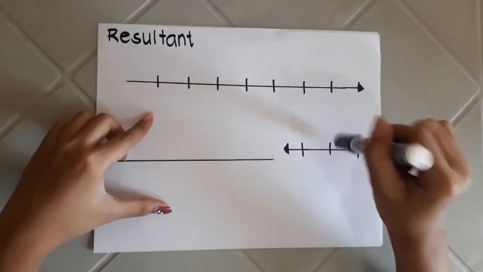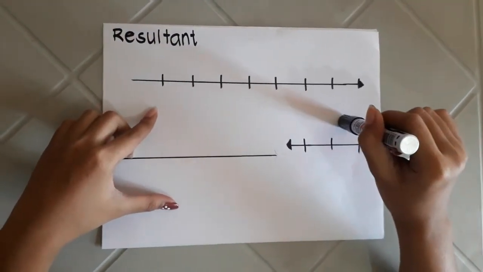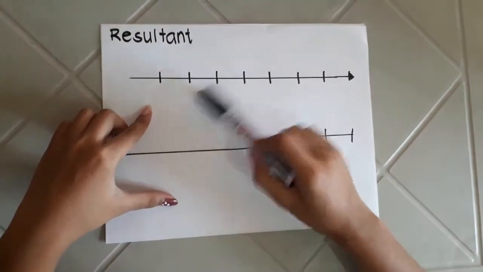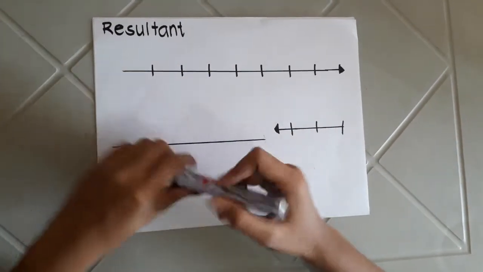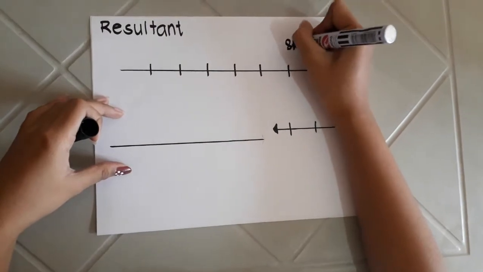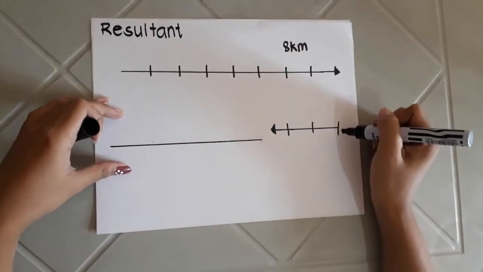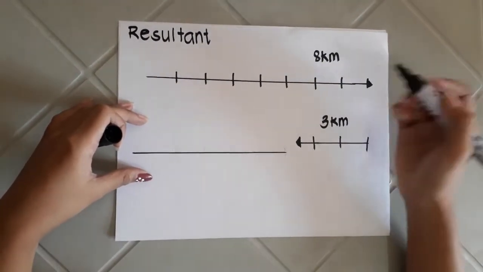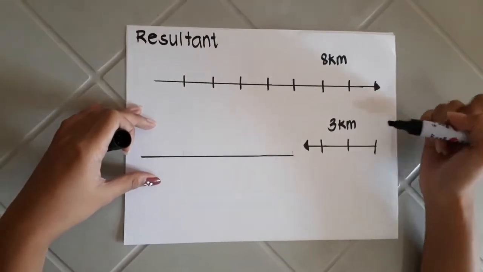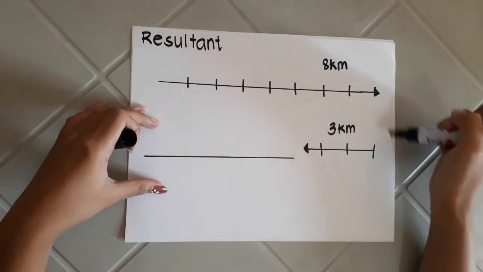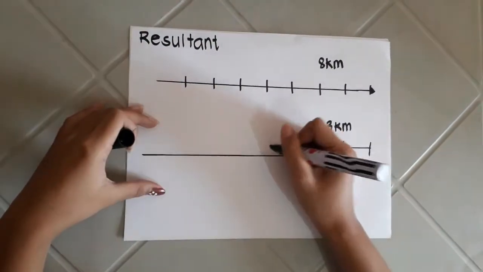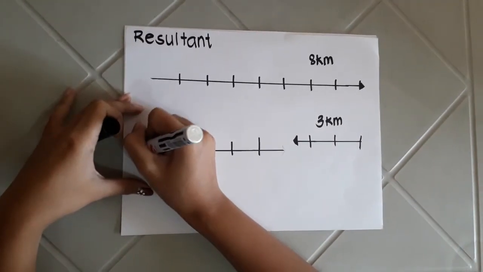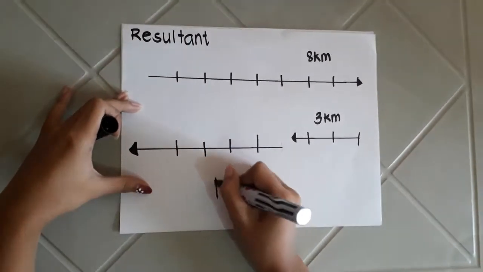Resultant is another name for vector sum. It is a single force that will produce the same effect on the body as that produced by two or more forces. For example, a man walks along a straight track 8 km toward east and turns back 3 km toward west. So, the oppositely directed force of the same magnitude is 3 km. As the resultant, the 5 km